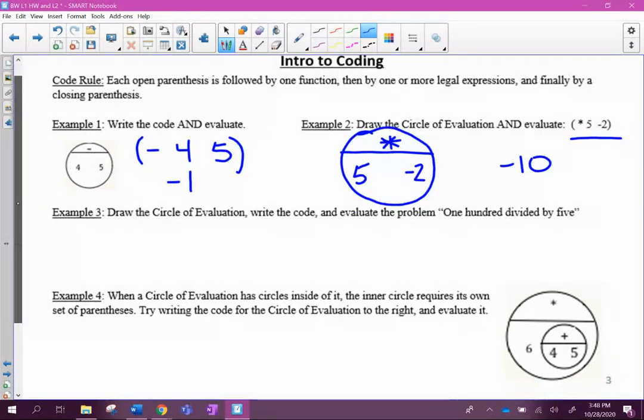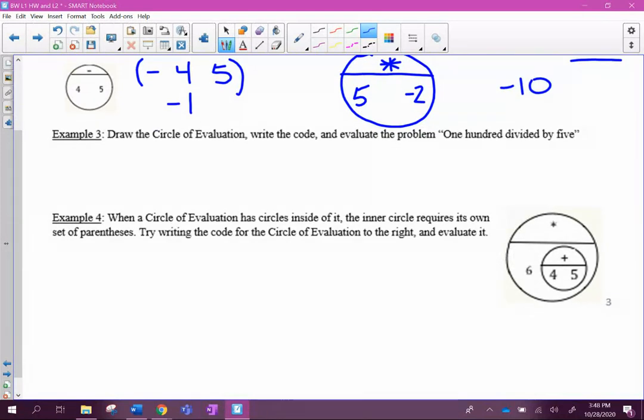Okay. Example 3, draw the circle of evaluation, write the code, and evaluate the problem. 100 divided by 5. So let's start with the circle of evaluation. We have our circle, make our line. Our function, our operation here is division. So division is the slash. Then we have 100